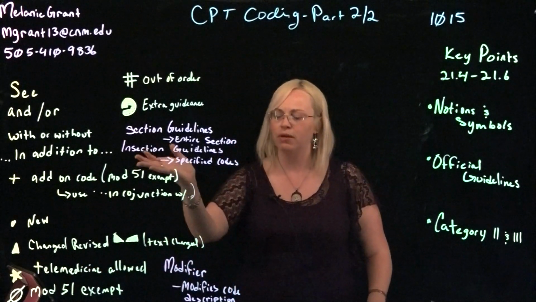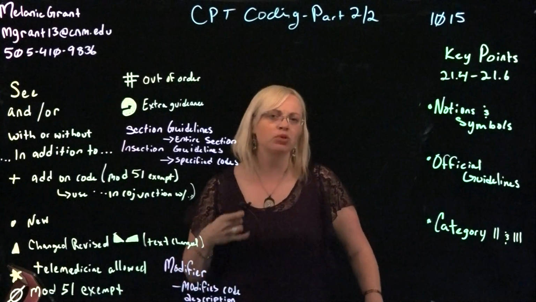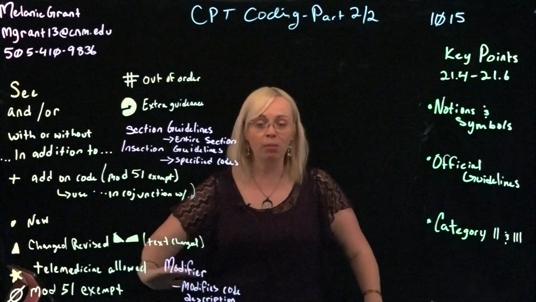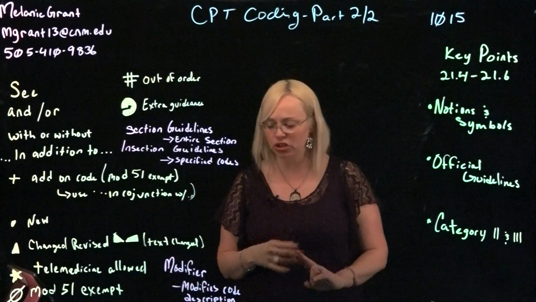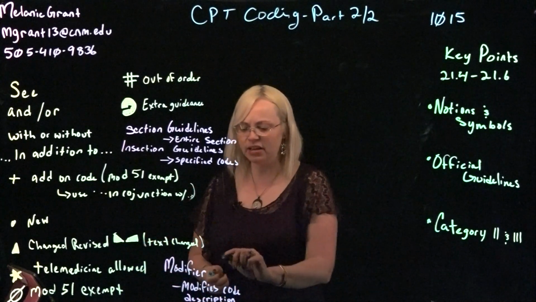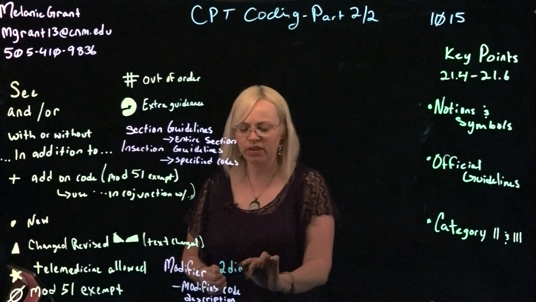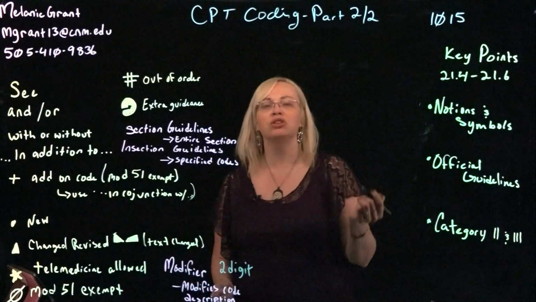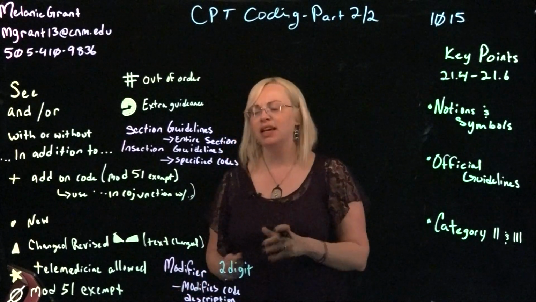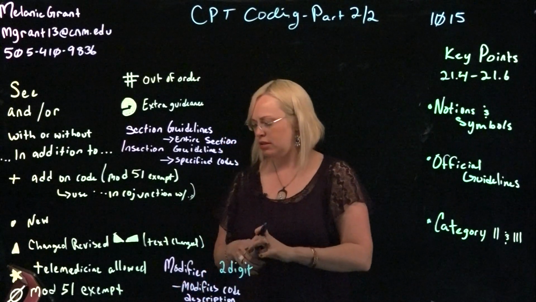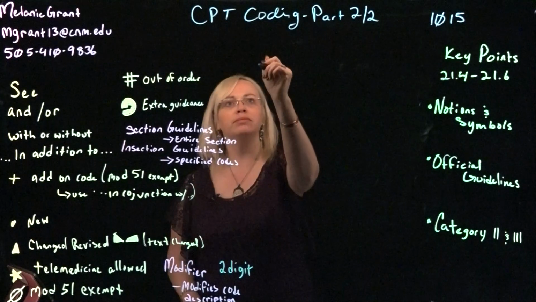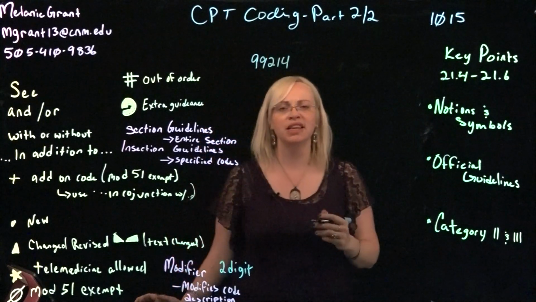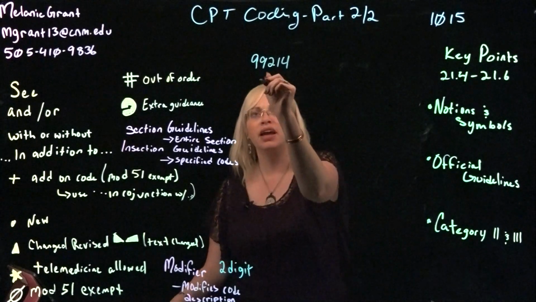a modifier 51. Because it's not covered in this chapter, I wanted to give you a little bit of extra information on modifiers. A modifier is a 2-digit code that is added to your initial 5 digits and modifies the actual description. So for example, let's say that you had an office visit. And let's say that you also had a